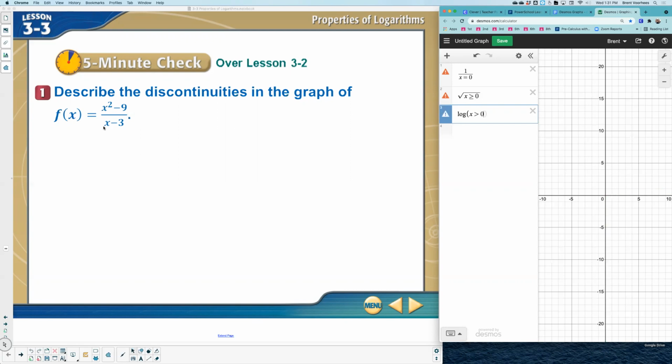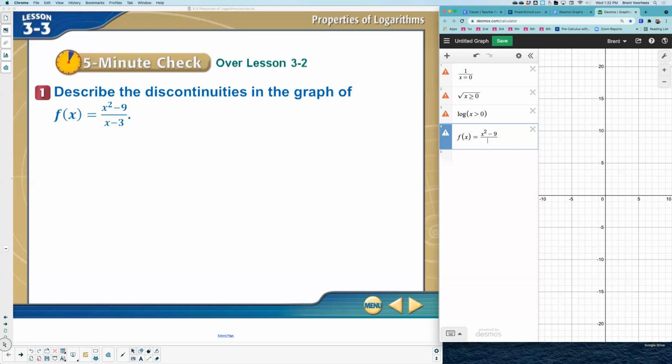On this particular problem, what do you happen to see is included in the equation? Division. So here's what I want you to do. And I'm not going to give away the answer. I'm going to let you try it on your own. I want you first to type in the exact equation. F of x equals x squared